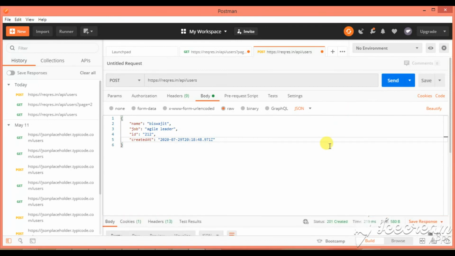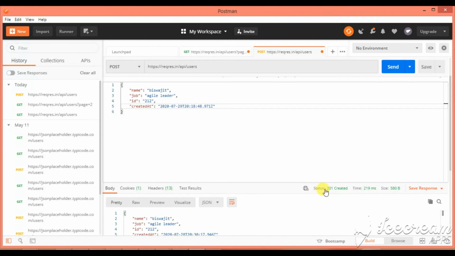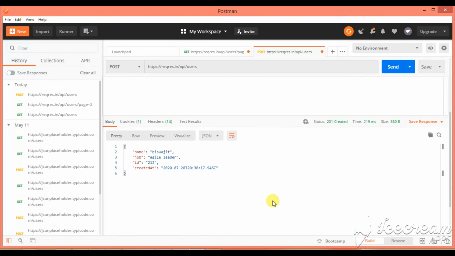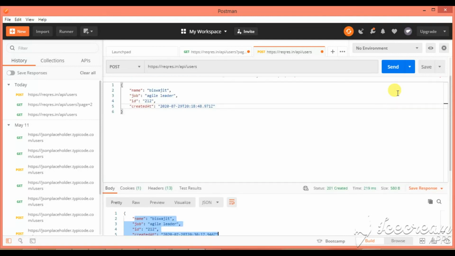So we can see here our status is 201 created. The request has been fulfilled and resulted in a new resource being created. The data that has gone in is this one. So this makes the completion of a GET request, a POST request, and the second page of